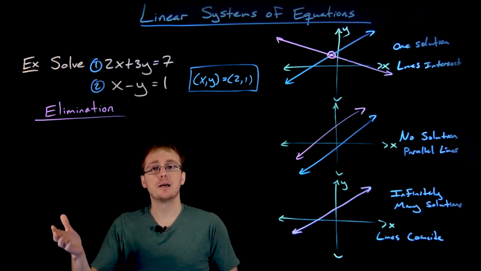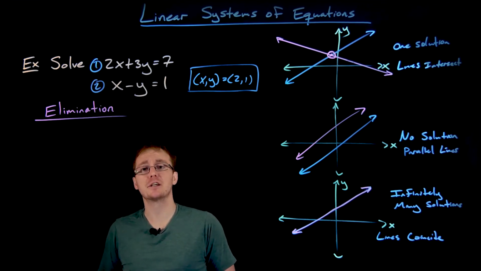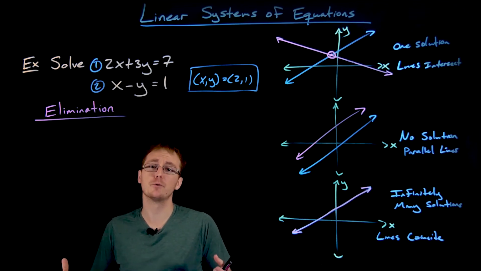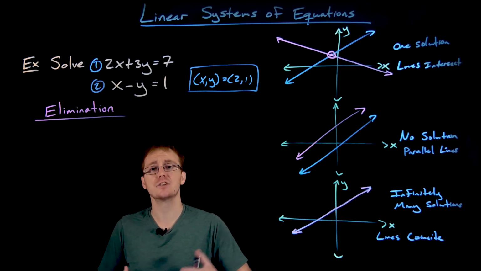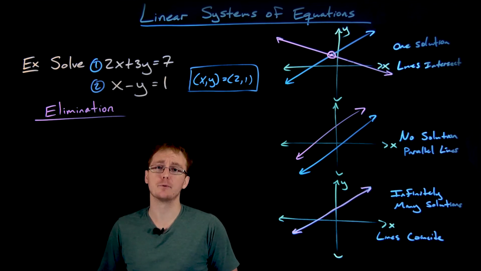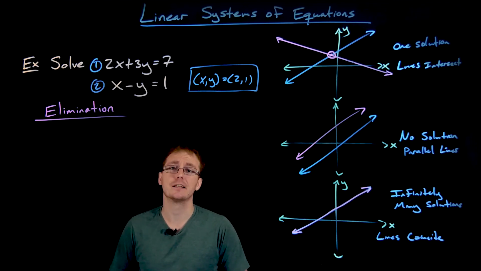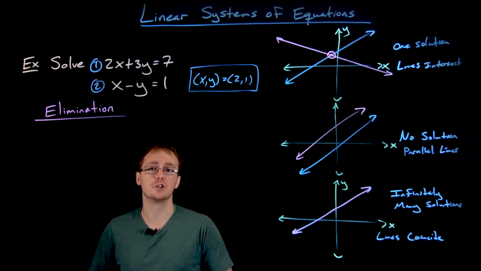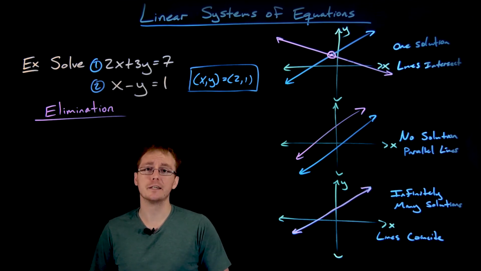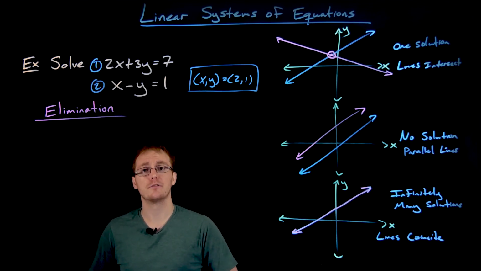With the elimination method, we're going to take some combination of our equations, add or subtract some multiples of our equations together in such a way that one of our variables gets eliminated and we end up with a new equation involving only one variable. And then from there, the steps are exactly the same as what we used in the substitution method. We'll solve that remaining equation, find the value for one of our variables, then back substitute to find the value